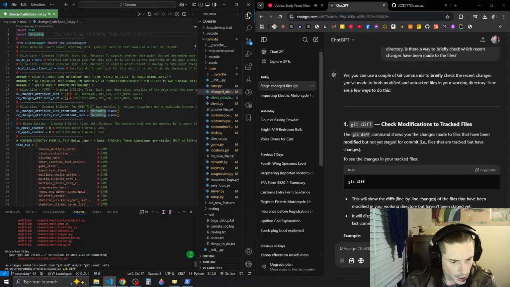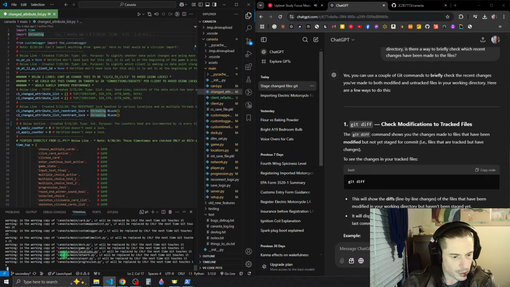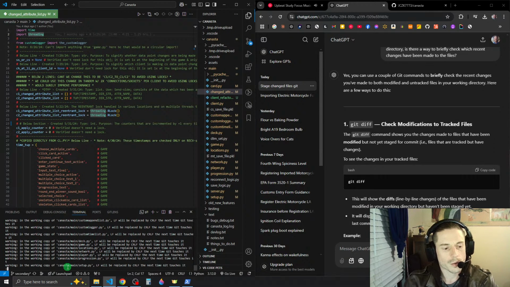Okay, so we get these LF warnings, which are no big deal. So it shows the diffs line by line.